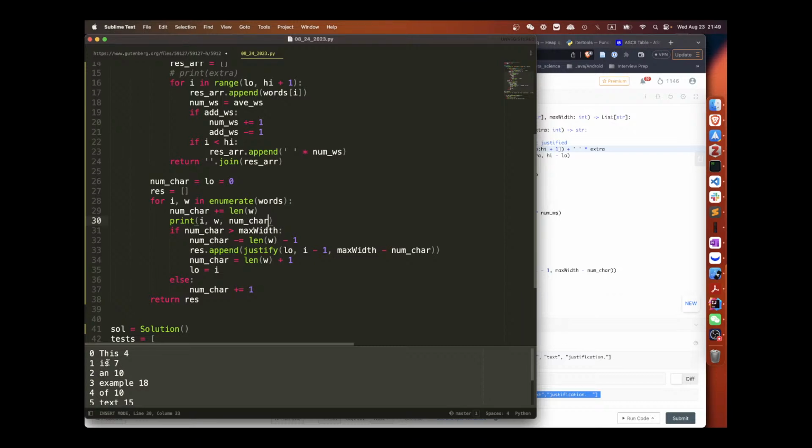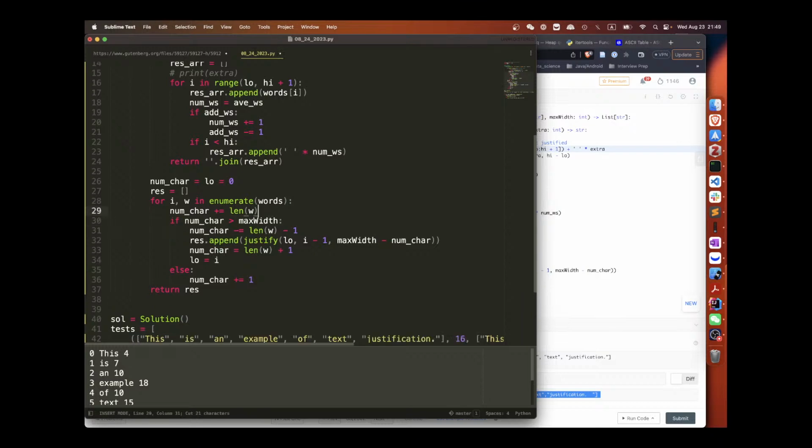This is 10, right? 1, 2, 3, 4. That is correct. I shall do it here to fully understand. 5. 1, 2, 3, 4, 5, 6, 7, 8, 9, 10, 11, right?